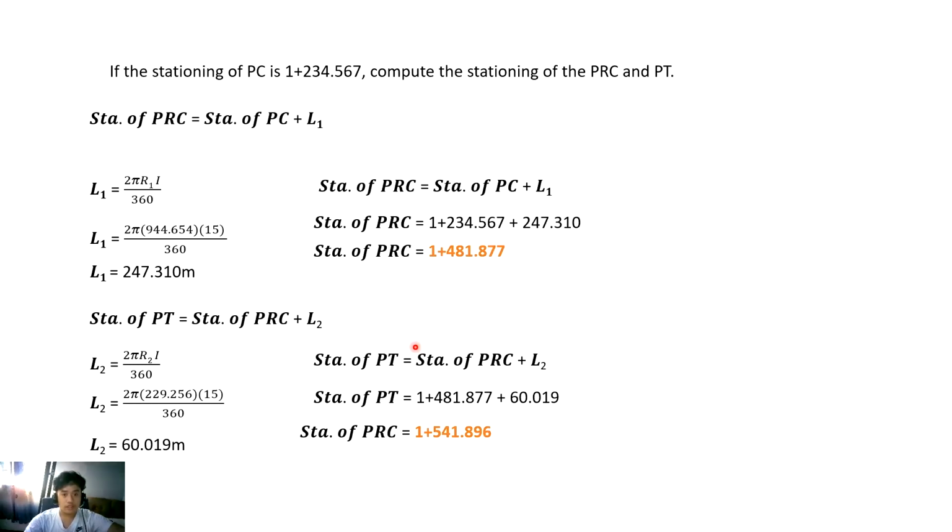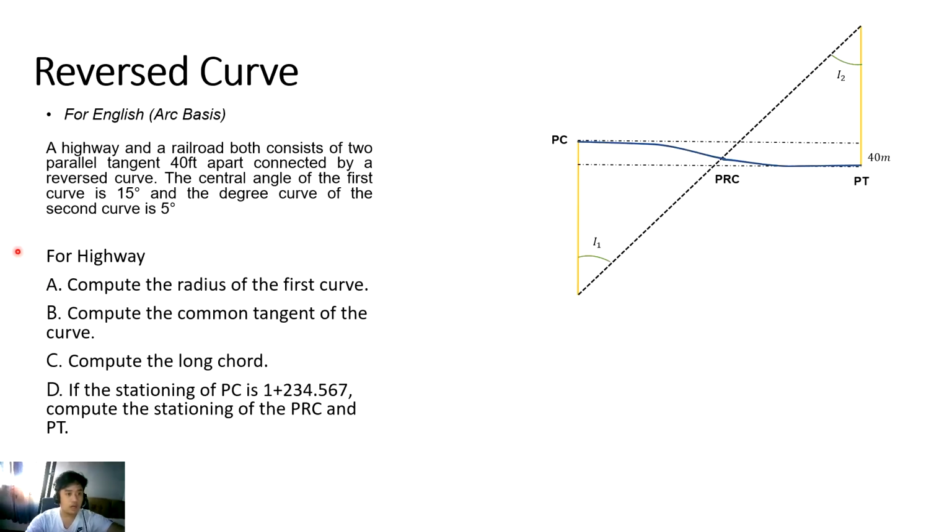Okay, for the next problem sa reverse curve. A highway and a railroad both consist of two parallel tangents 40 feet apart connected by a reverse curve. The central angle of the first curve is 15 degree and the degree curve of the second curve is 5 degree. For highway, compute the radius of the first curve, compute the common tangent of the curve, compute the long chord, and if the stationing of PC is 1 plus 234,